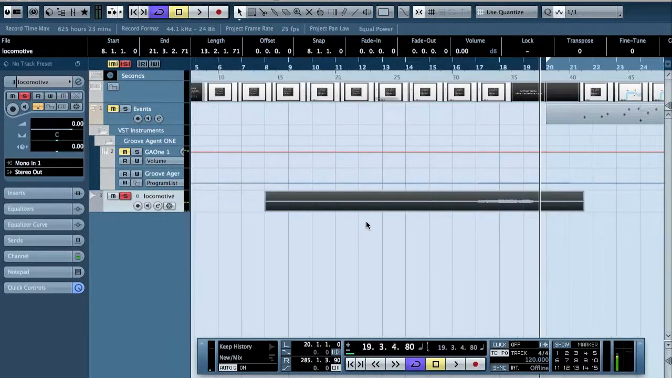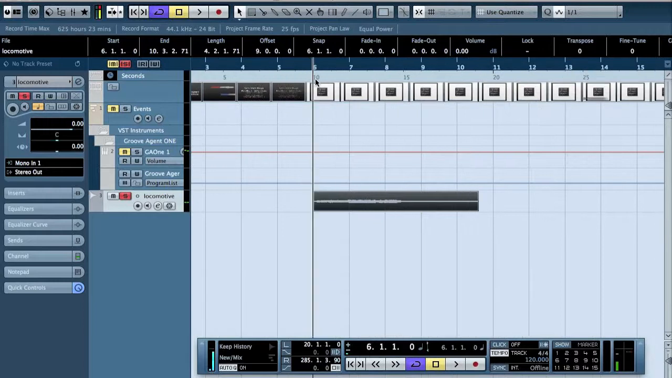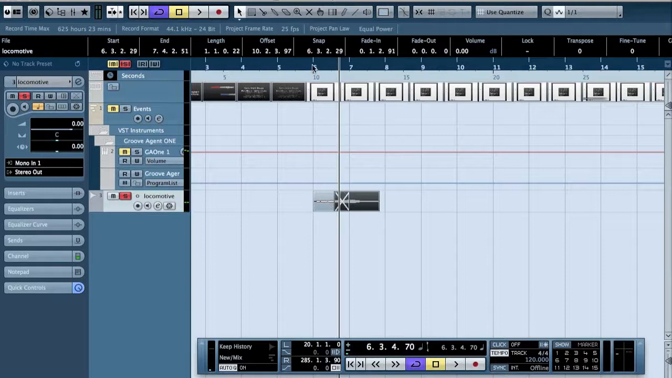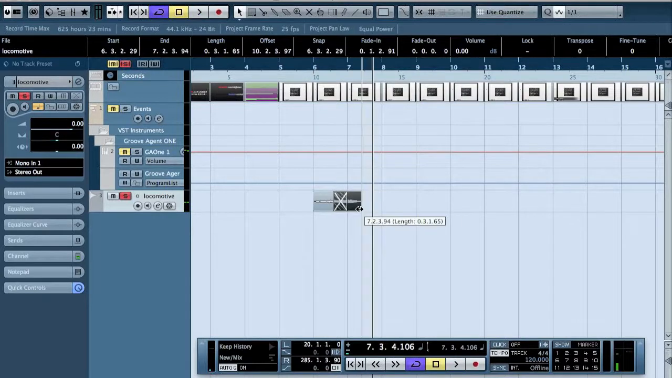But as we can hear, it's way too long, and at least the Groove Agent didn't do a very good job at doing the fade out. So what I'm going to do, I'm just going to slice this up, overlap it with that one just a bit, and then make a something like that, and then what I'm going to do,